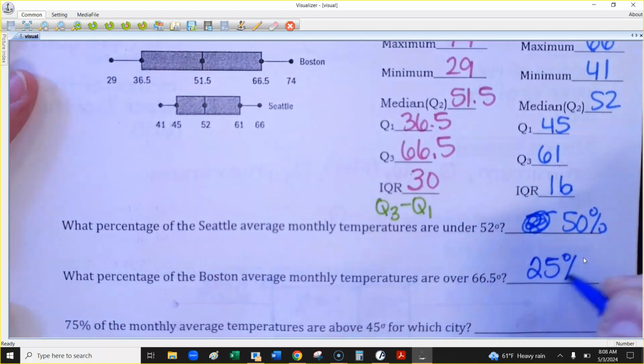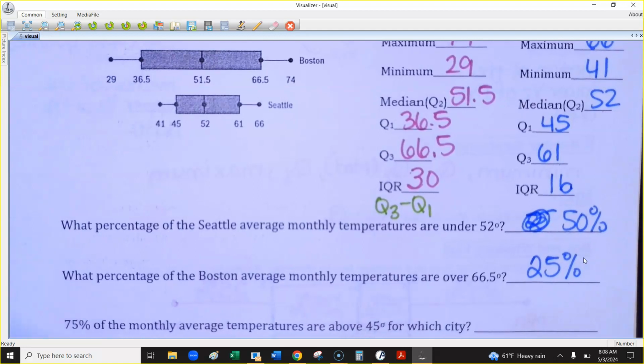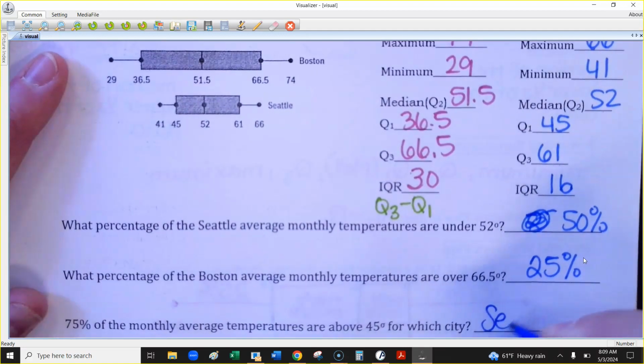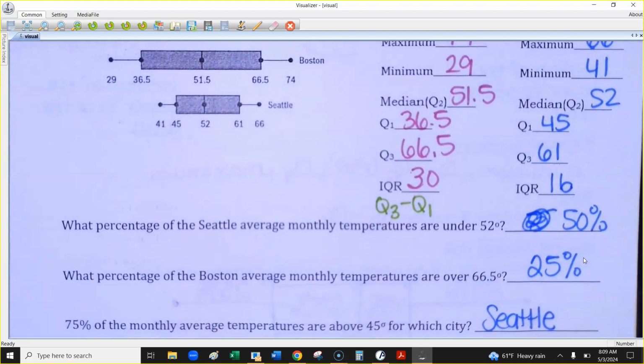All right, now this is going to give you a percentage and ask you about a city. So it says 75% of the monthly average temperatures are above 45 degrees for which city? This one is Seattle. Is anybody having a question? Okay. All I've got for you guys for the